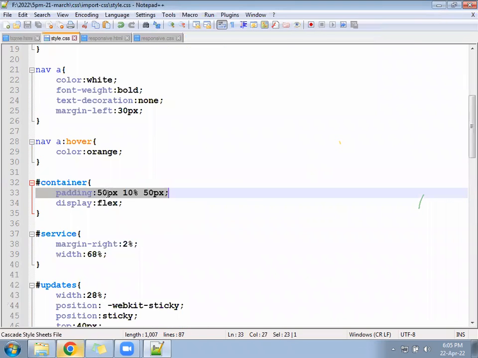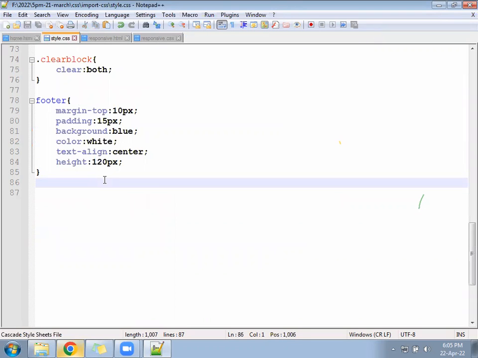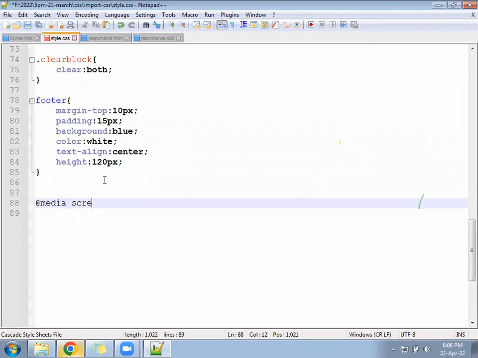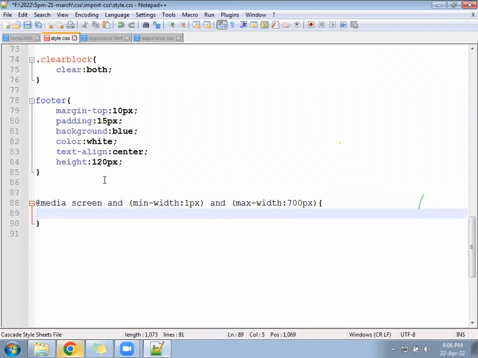In the CSS file we will come to the last and write a media query especially for mobile phones. @media screen and min-width 1 pixel and max-width up to 700 pixel, then